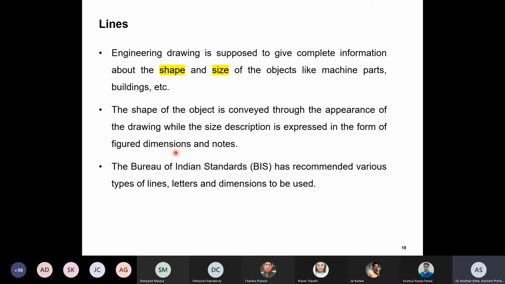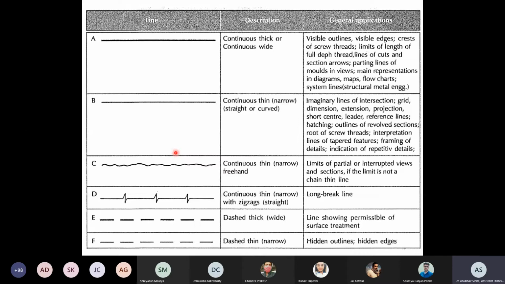These are just the basic building blocks of a drawing. So the idea is that it should be readable, clear, and concise. So these are the different types of line. Generally you will use continuous lines, whether thick or thin, and these are the applications. I'm not going into the detail. As we go along in this course, we'll see what exactly each type of line is being used for. For example, for the first few sheets, we'll mostly be concerned with visible outlines and edges.